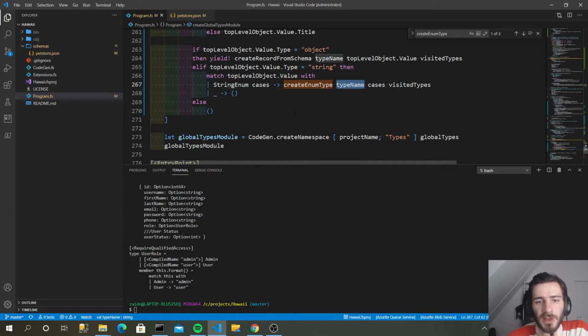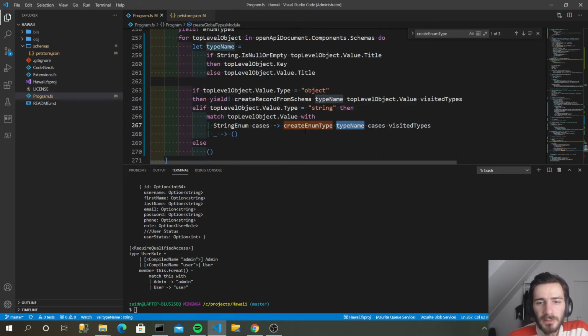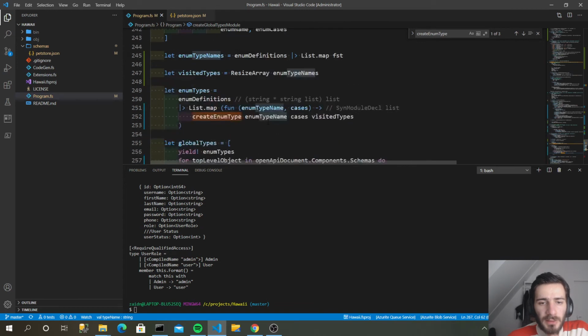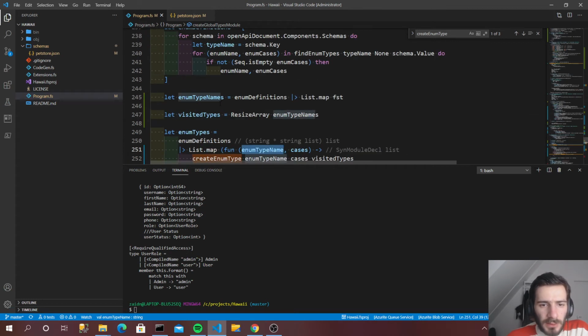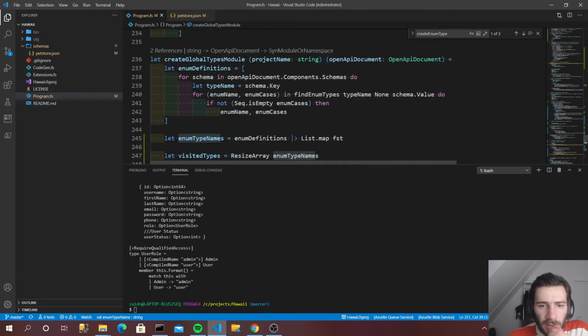The type name of the top level enums should stay as is, but the enum definitions that are nested, which are created in here, should have those. Let's see how we are finding them, because we are finding them